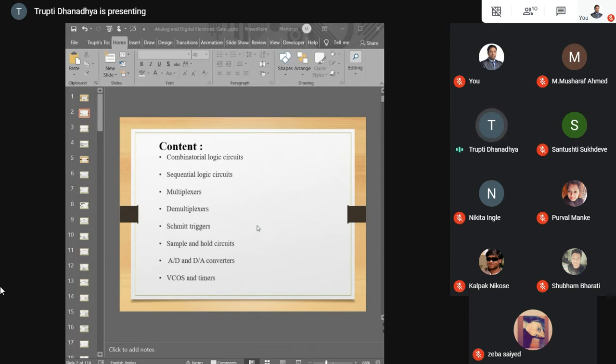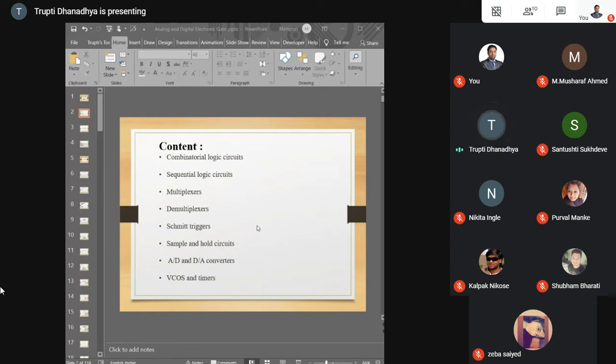Now, in this lecture we are going for the multiplexer. We are going to teach how to design a multiplexer, how to get the output equation, and how to design a combinational logic circuit by using the algebraic equation and various types of multiplexers. Then the demultiplexer follows a similar procedure; it is just the opposite relation of the multiplexer.